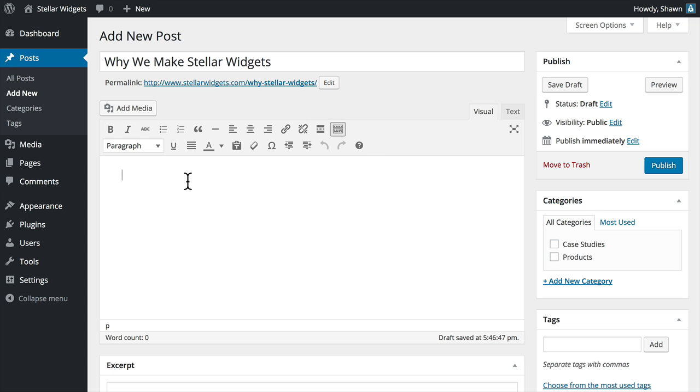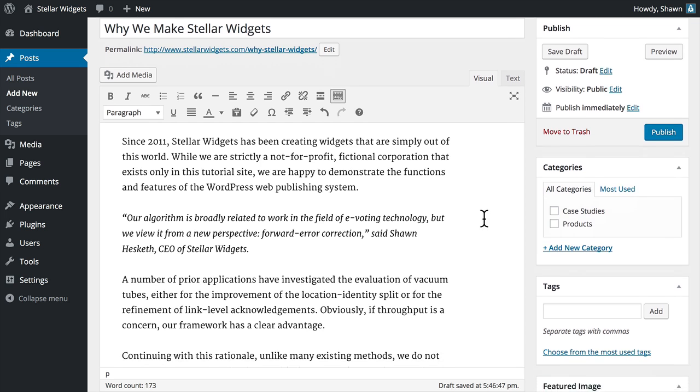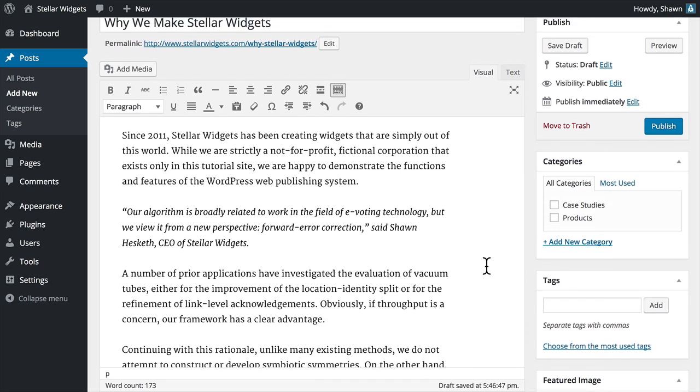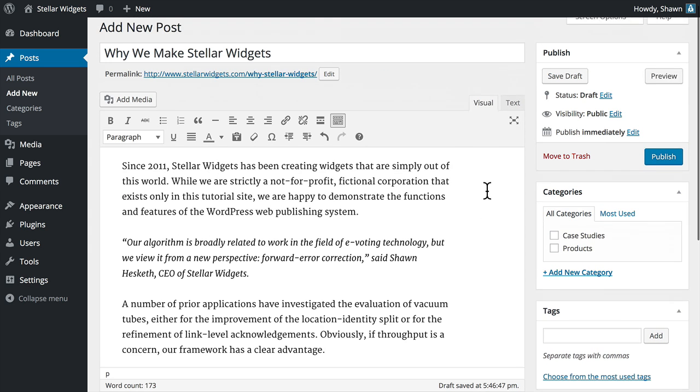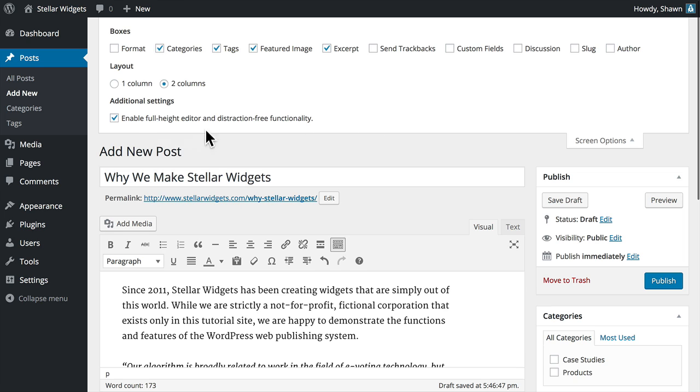Next, I'll paste some content that I've created ahead of time into the content editor. Notice that the editor automatically resizes to accommodate the longer content. And as we scroll up and down, the toolbar sticks to the top of the editor, keeping the formatting tools available at all times. If you don't like this feature, you can disable it in the screen options at the